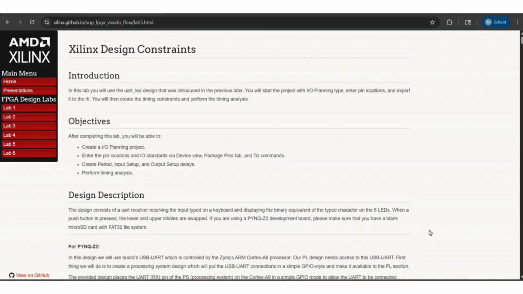This is Lab 5 of the AMD Xilinx FPGA Vivado flow, and in this video we will be discussing Xilinx design constraints in the context of FPGA design. Specifically, we will be walking through a lab exercise focused on setting up an I/O input-output planning project and analyzing timing constraints. After completing this lab, you will be able to achieve several key objectives, such as you will learn